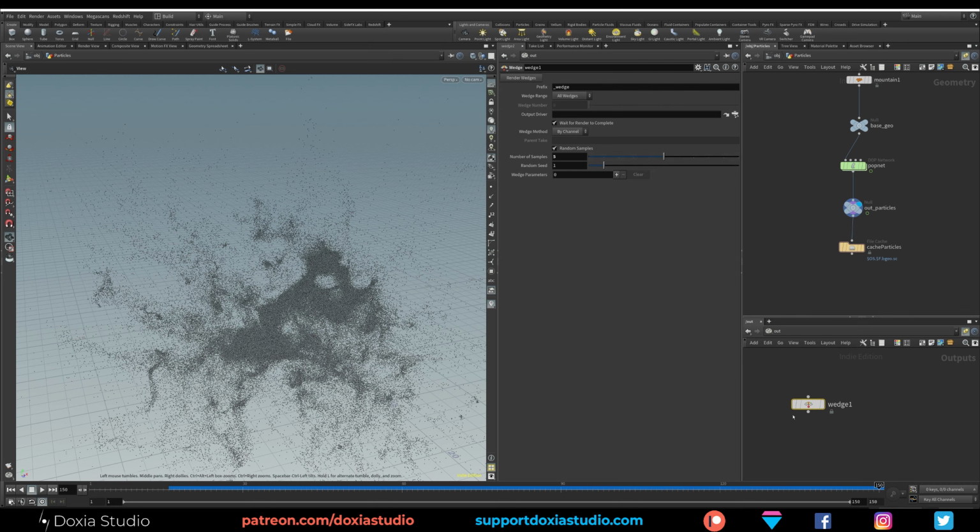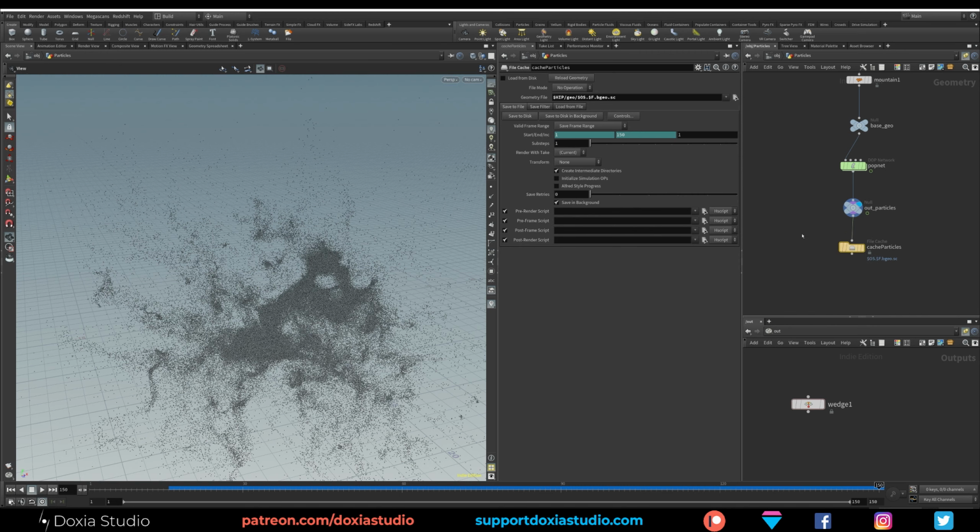This node is going to run our file cache the number of times we want. Okay, so on the wedge output driver, we need to link that file cache. So just select this and drag here, or if you want, you can go here and select our cache node. Go to objects, particles, and cache particles, accept. But if we press render wedges, it will give us an error because it needs a node inside this file cache.